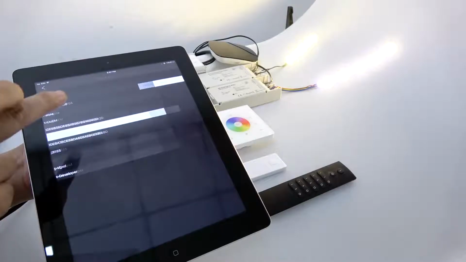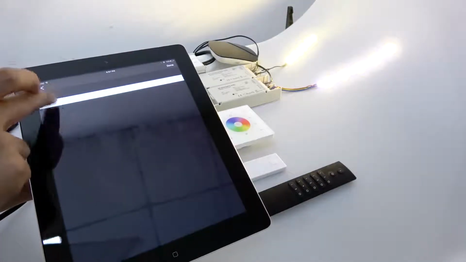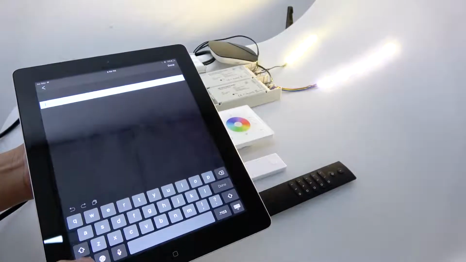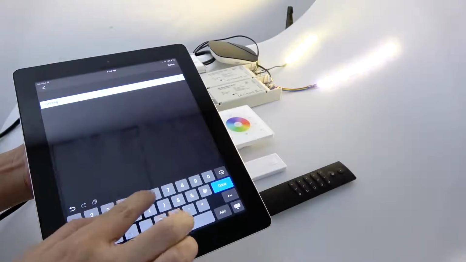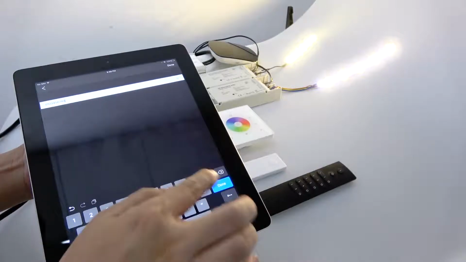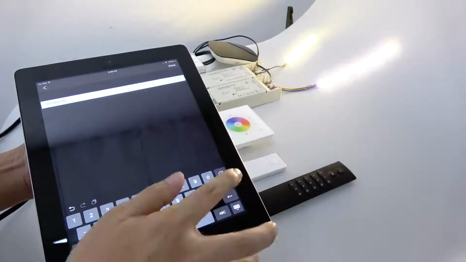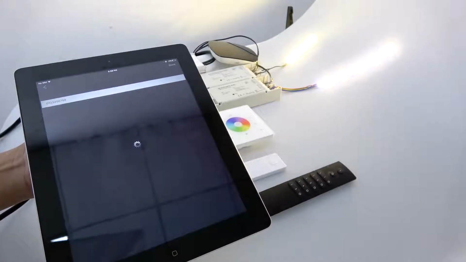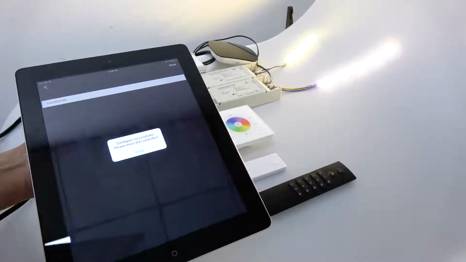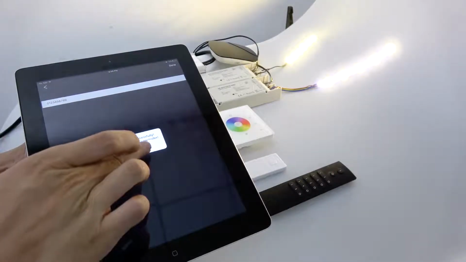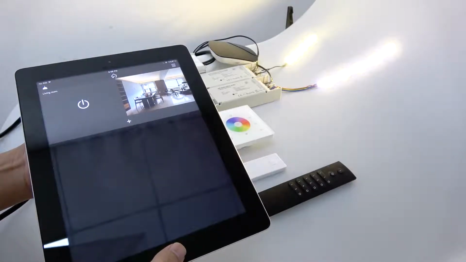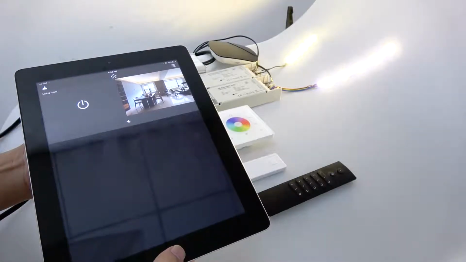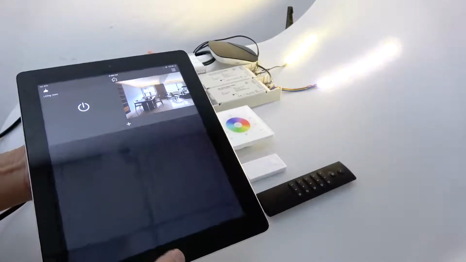For example, we choose this one. Enter password 0, 1, 2, 3, 4, 5, 6, 7, 8, 9. Okay, configure successfully. Close. And we should close this